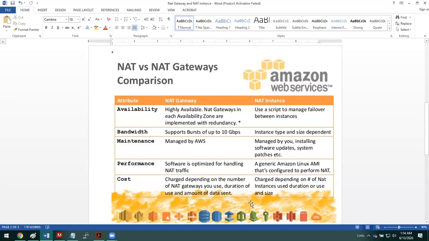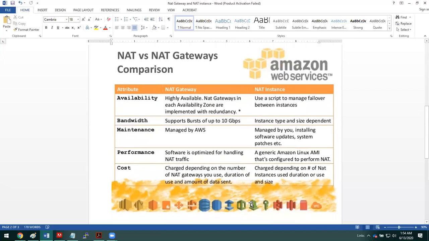We have other features as well, covering the NAT gateway and NAT instance. If I talk in depth about the network area, like if I want flexibility such as fragmentation of packet support, then we need to go with the NAT instance, because the NAT gateway will not provide TCP and ICMP fragmentation; it will simply discard the packet.